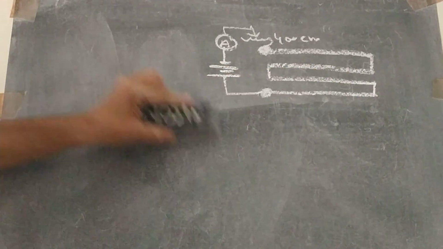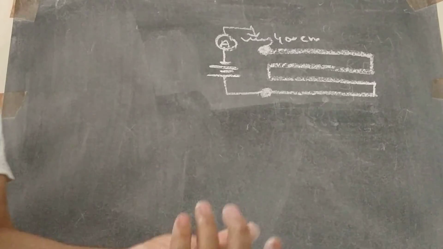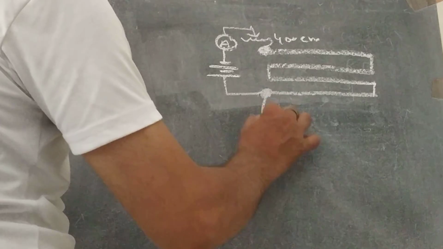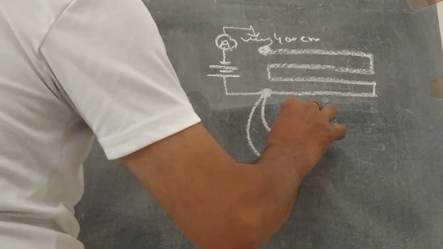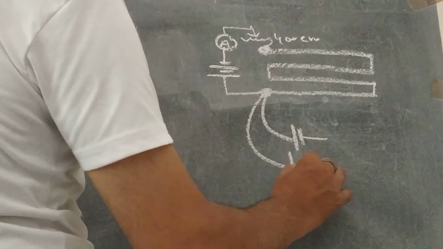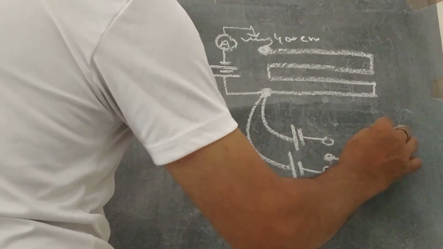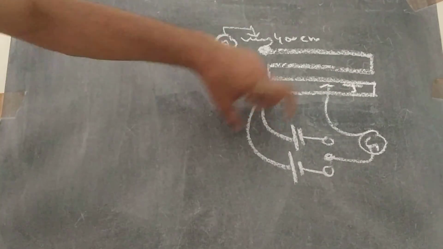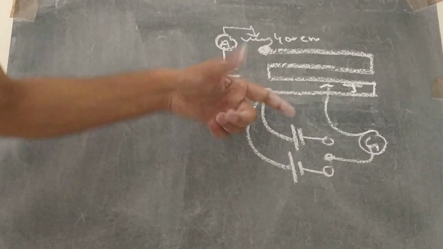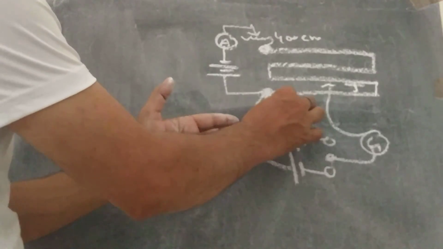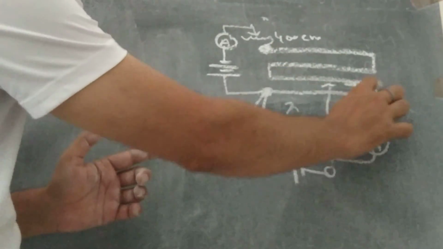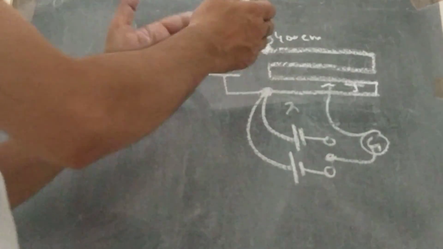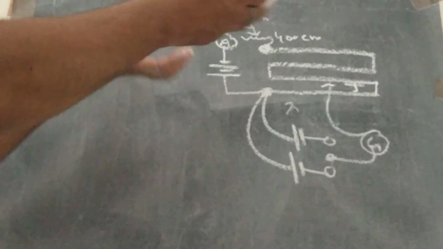First one is to compare the EMF of the cells, as it is a device which is used to measure the potential difference. So if we arrange the two cells here and with the help of a two-way key, here a galvanometer is placed and with the help of a jockey it is connected. If we obtain the potential drop, meaning deflection, if deflection here is right, then here must be left. In between two terminals there exists a null point. Null point means drop of potential. We measure the length of that portion, then V is proportional to L.